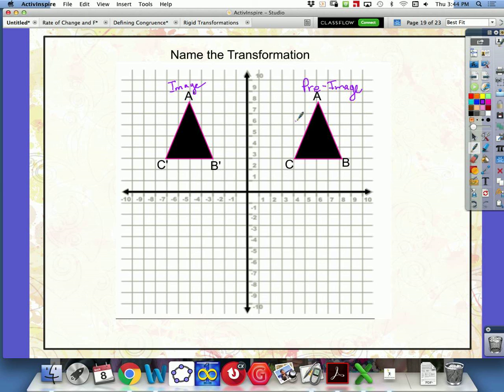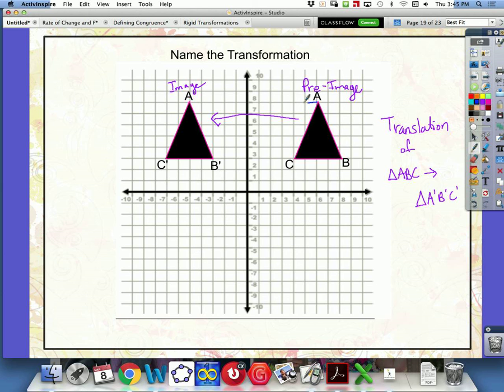So now I know that my shape moved this way. Since it's in the same area and all it did was it moved horizontally to the left, that means this is a translation of triangle ABC to triangle A-B-C-dash. In the next lesson, we'll look at transformations a little bit closer, but to give you a sneak peek,